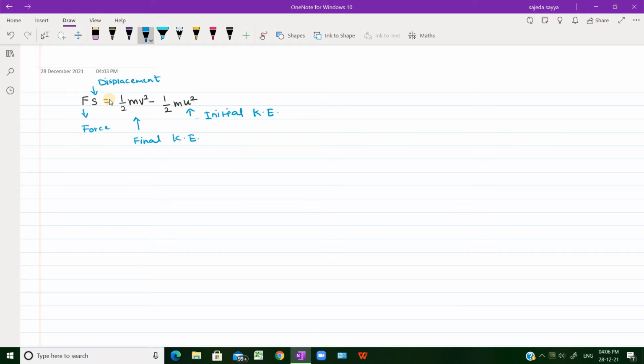So what we do here to prove whether the equation is dimensionally consistent or not, what we do generally is check the dimensions of LHS and then the dimensions of RHS. Now here in this equation there is a negative sign. So this negative sign means there is subtraction of these two kinetic energies. So how to check the correctness of this physical equation? Let us do that.